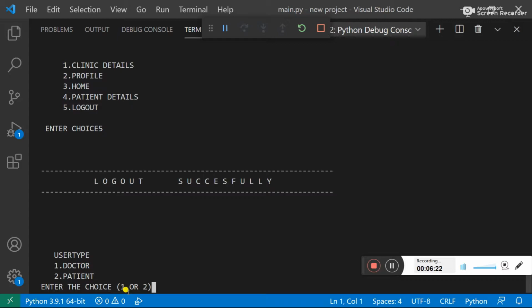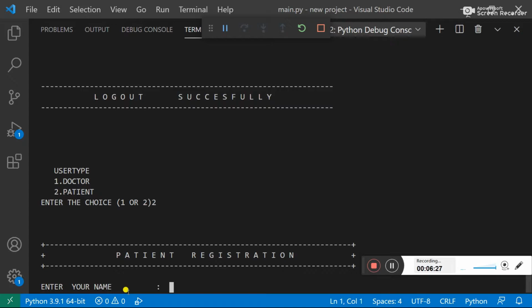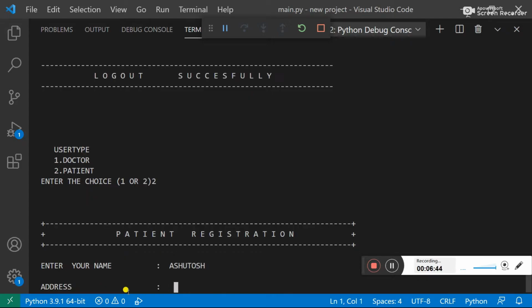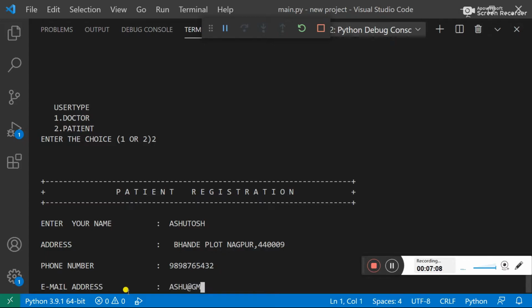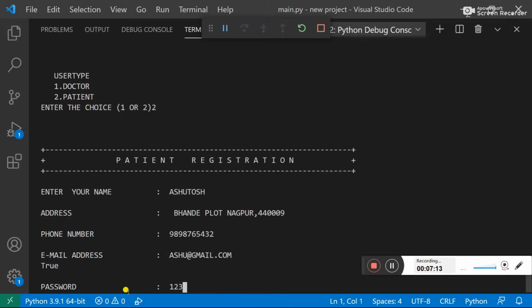After the doctor logs out successfully, the patient enters the system. Firstly, the patient fills in the registration credentials, and the registration credentials are required. Email address, password.